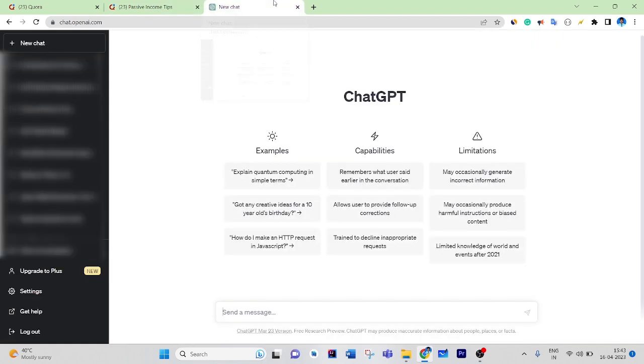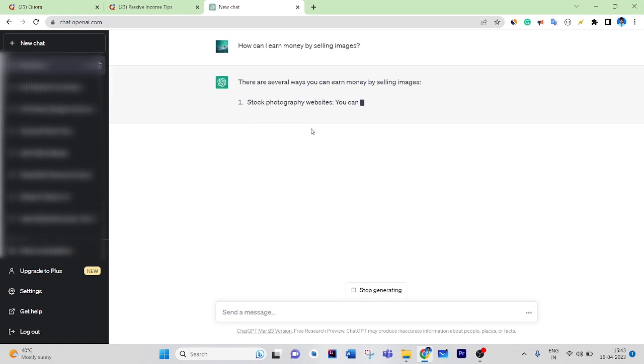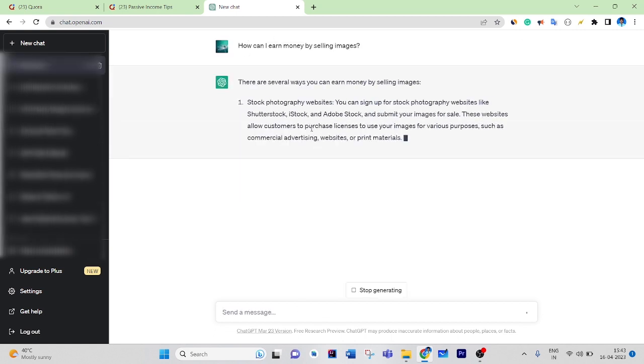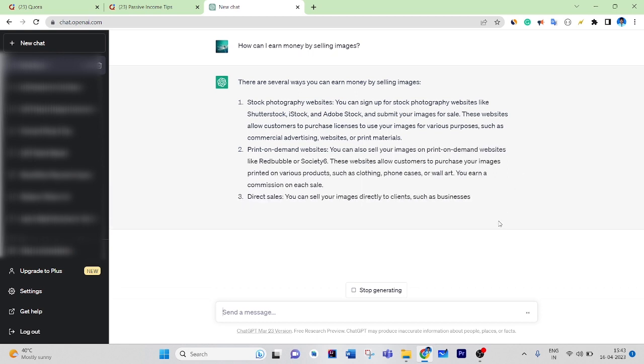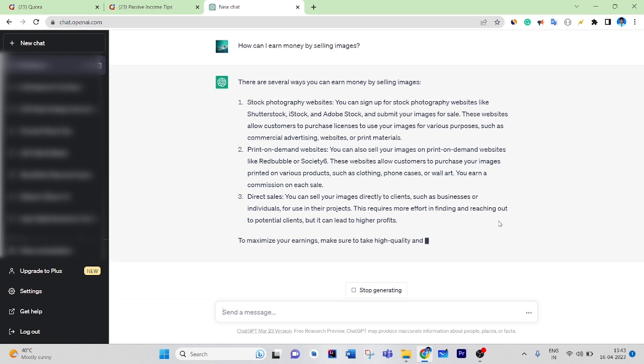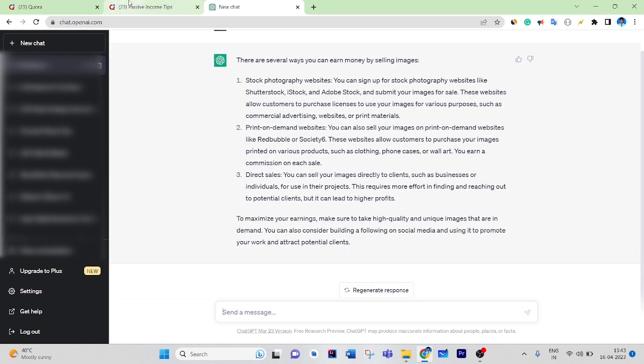Let's say this is the heading of my post: how can I earn money by selling images, right? So this is the topic, and ChatGPT will give me the answer for it. Like that you can create your posts, and you can maximize the quantity of content in your space.